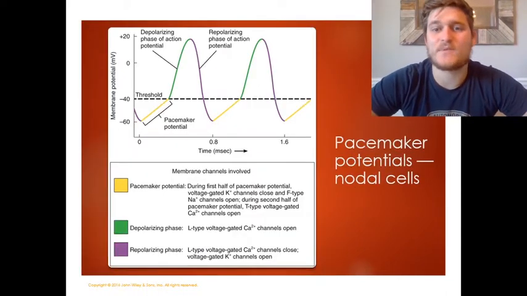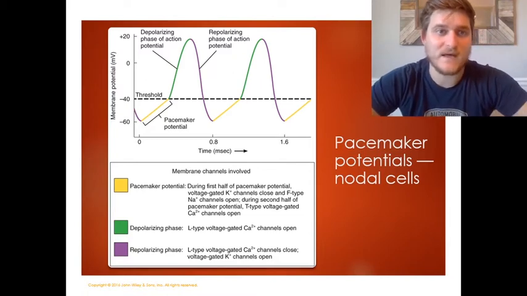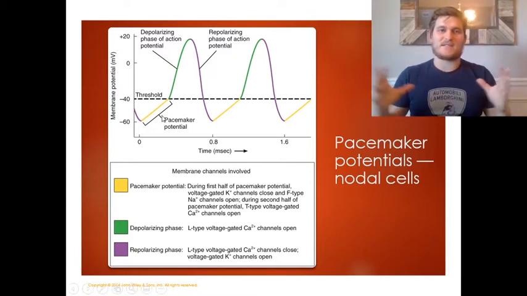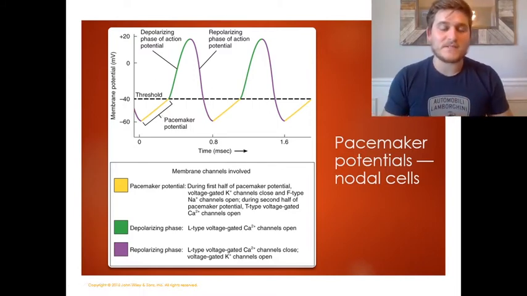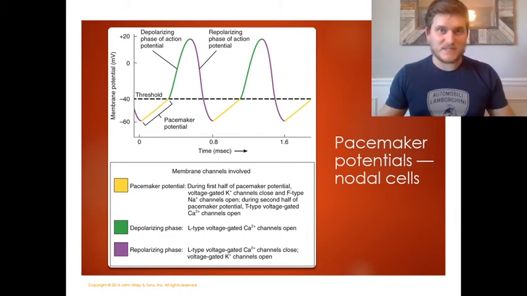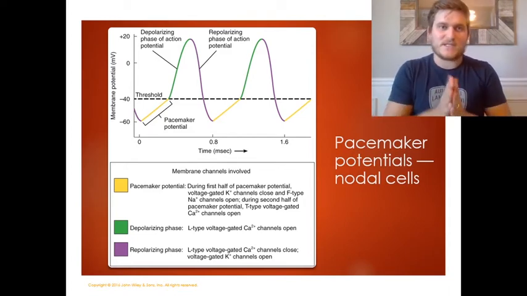Here we can see the action potentials that occur within nodal cells. The pacemaker potential is going to be what sets basically the rhythm of the heart. Longer pacemaker potentials means there's going to be fewer beats per minute. And shorter pacemaker potentials mean there's going to be more beats per minute because each action potential is